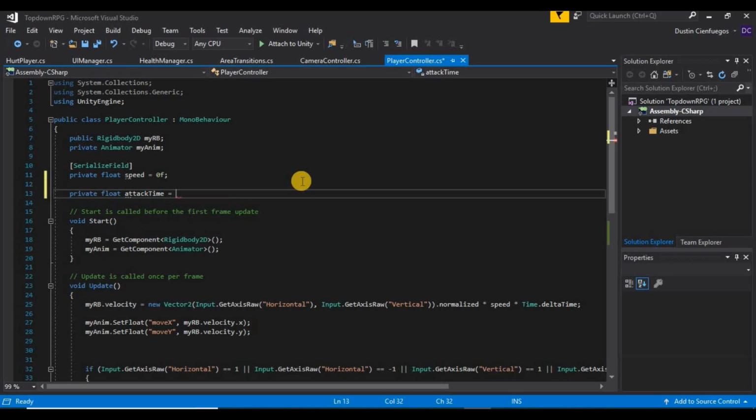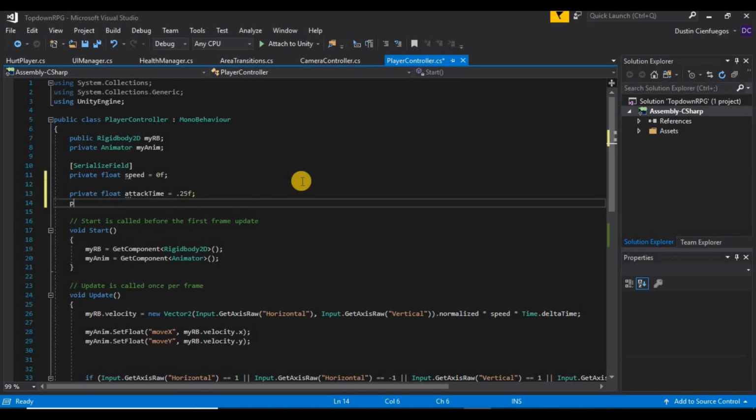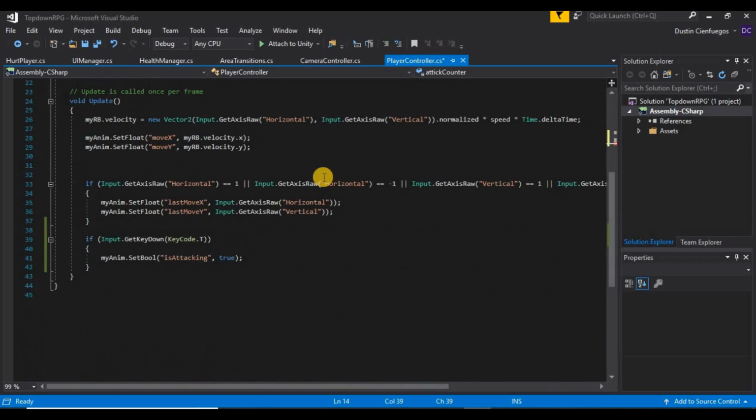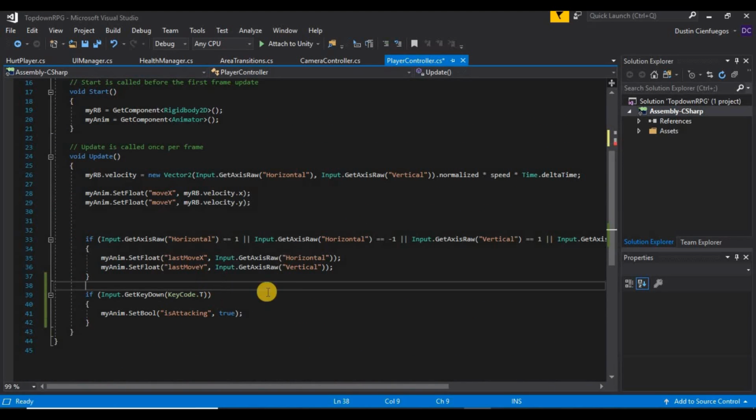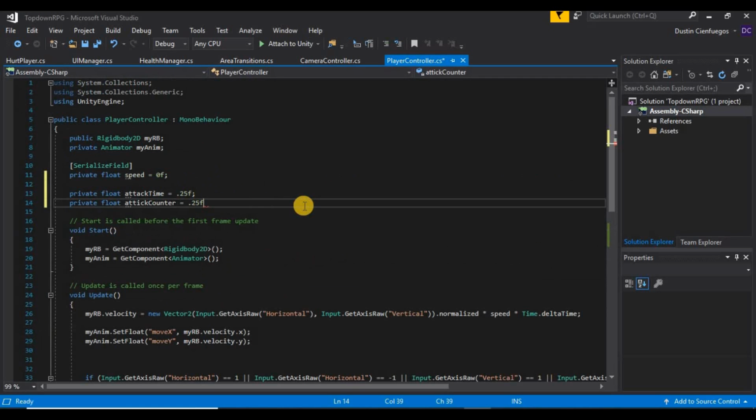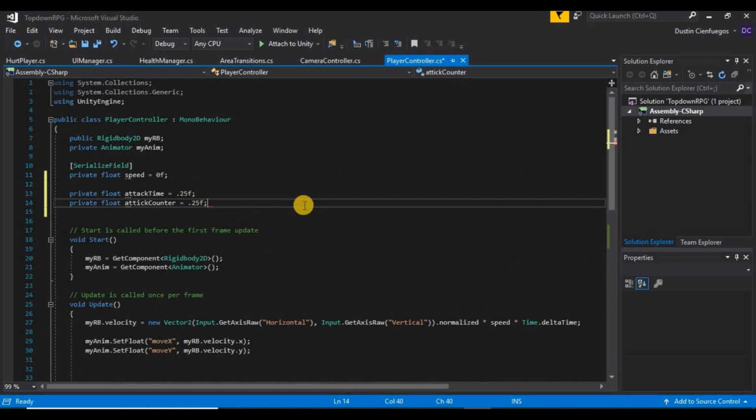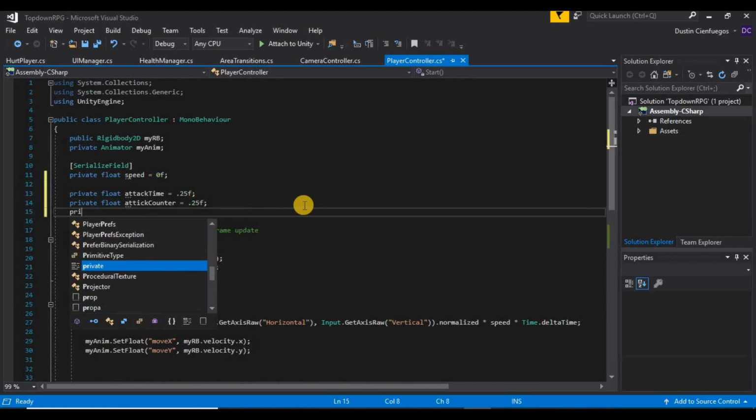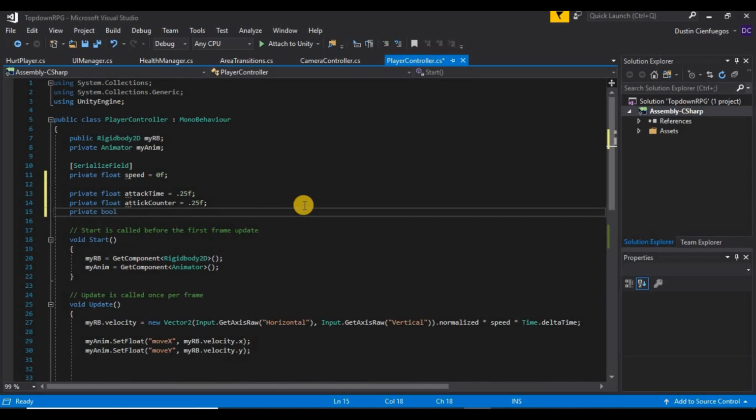and let's set this to a relatively low number, let's say 0.25f. And we're also going to create a private float attack counter, and we'll set that to 0.25 as well. So now let's also make a bool down here. We're going to make a private bool is attacking,